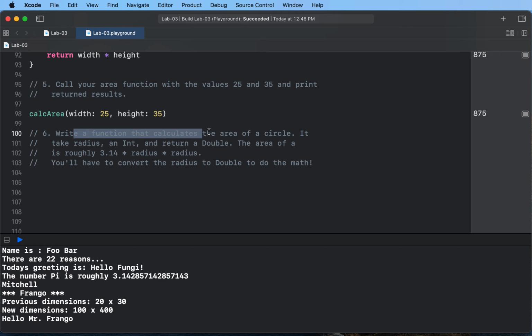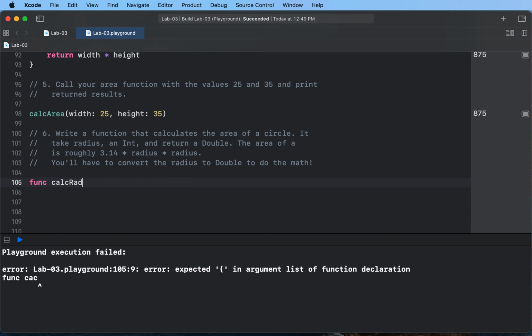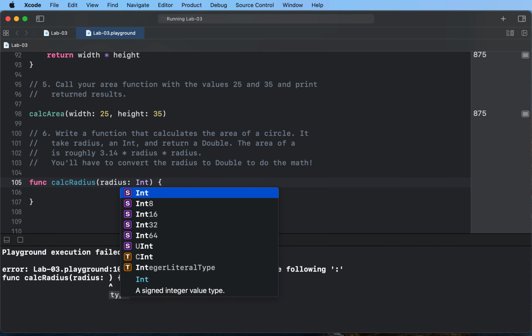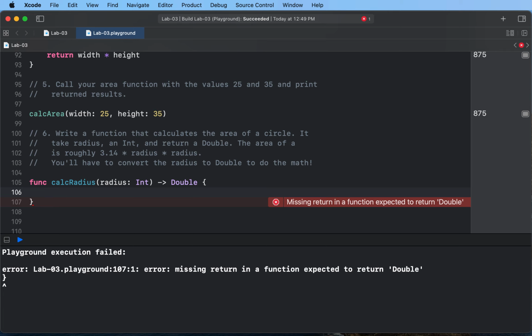Let's write a function that calculates the area of a circle. Okay, so it should take a radius, an int, and return a double, right? Okay, so let's see. Let's do func calc radius. So I'll just write the whole thing first. And it's going to take radius which is an int, and return a double. Okay, so what are we going to do? We're going to calculate